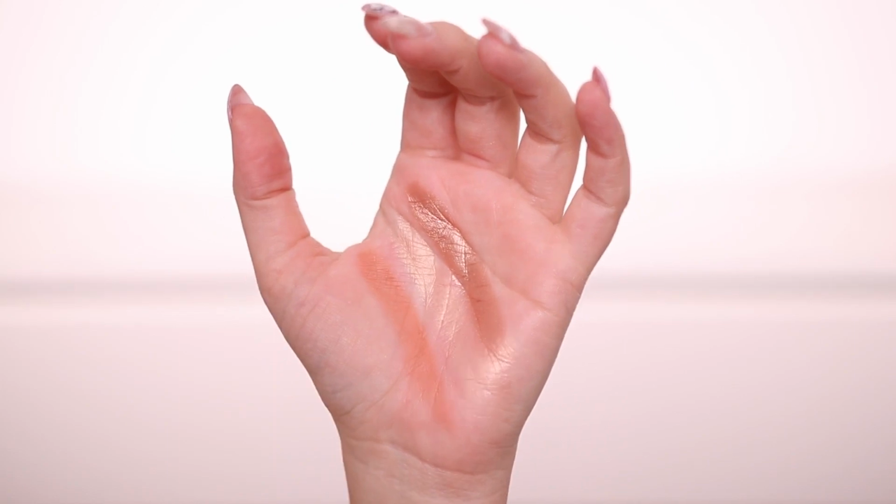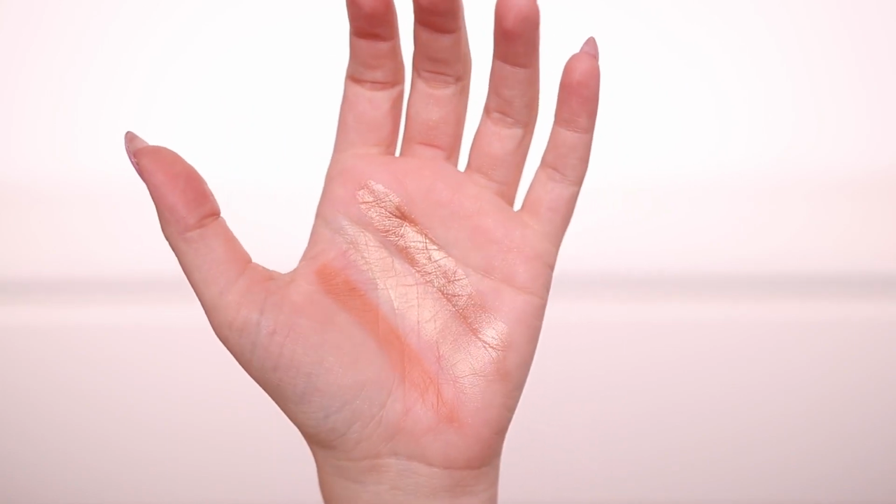So this one is like an orange burnt kind of peachy color. I feel like a lot of people would really gravitate towards this. I'm more of a pink blush type of girl, but I will use this, and I have used it. The highlighter is gorgeous. This one, I would say medium skin tone, something around there, even tan could benefit from